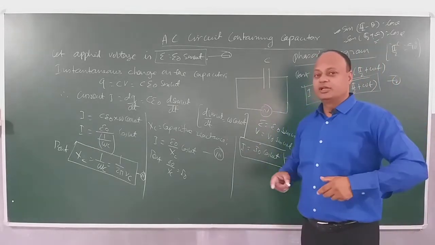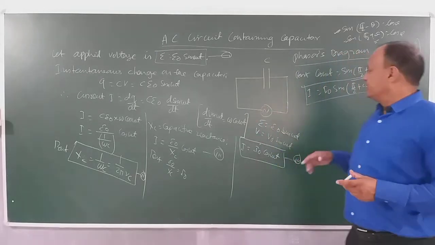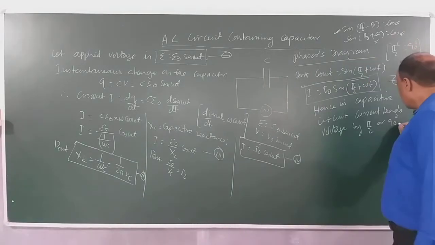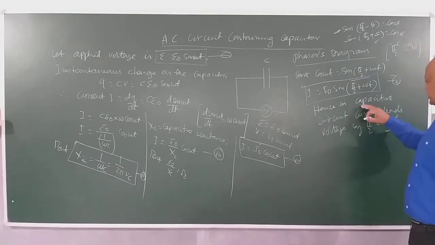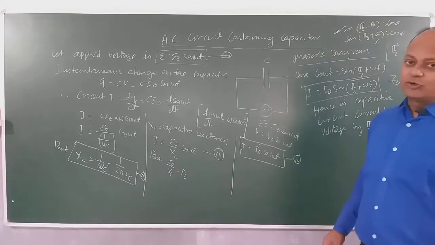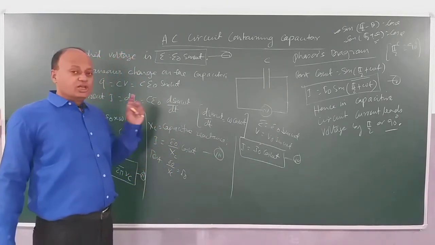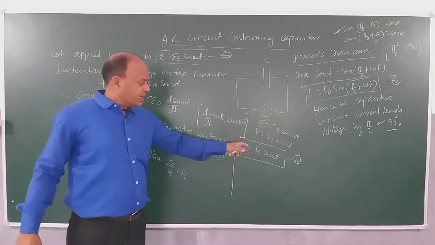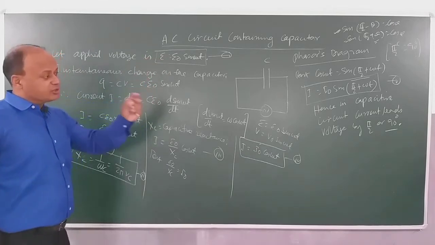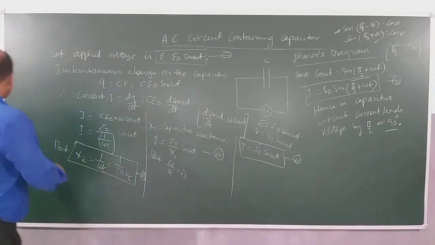It is just the opposite of a purely inductive circuit. In a purely inductive circuit, we saw that applied voltage was leading current by 90 degree. Here current is leading the voltage by 90 degree. So I conclude, hence, in a capacitive circuit, current leads voltage by pi by 2 radian or 90 degree, or you can simply say by right angles. It is important for us to know that I equals I naught cos omega t when E equals E naught sin omega t. Now once we understood this, we will try to vectorially represent this using a phasor diagram.